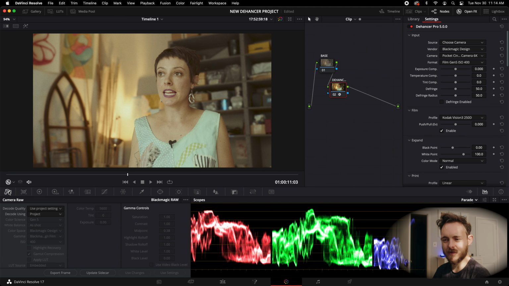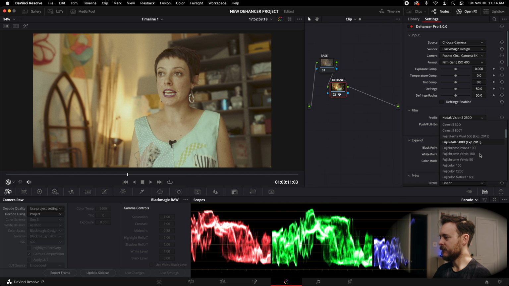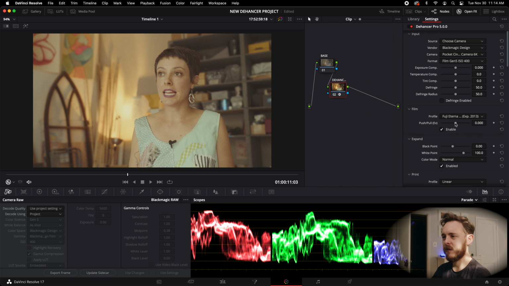I believe this was with the Gen 5. Yeah, it was. Okay, so we have this base look. We're gonna select something different here. Maybe we'll go with a Fuji. What about Eterna? Let's go with Eterna. And as you can see, we're pushing and pulling it, but we're just gonna kind of leave it how it